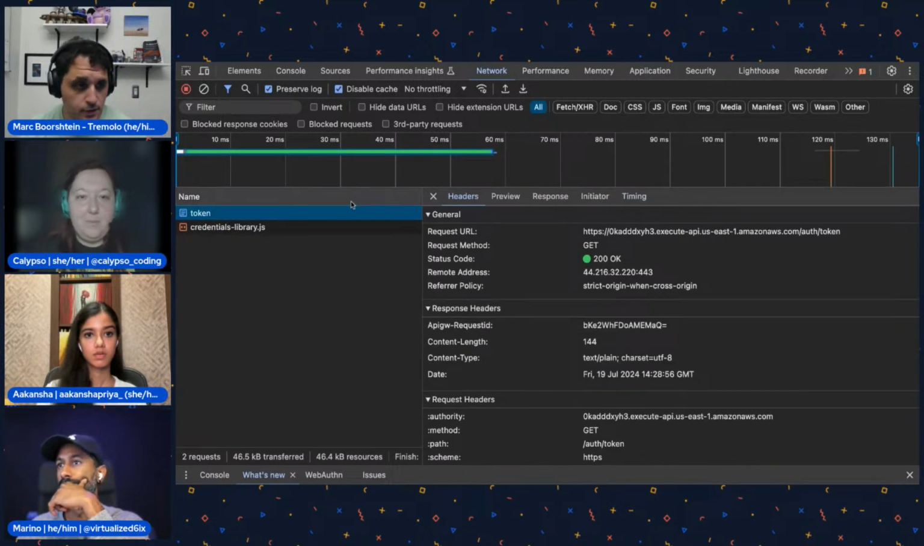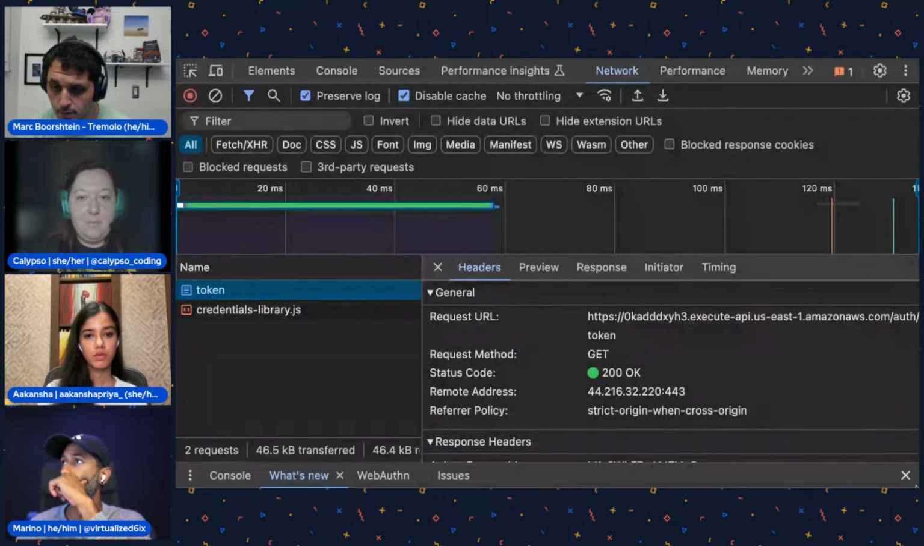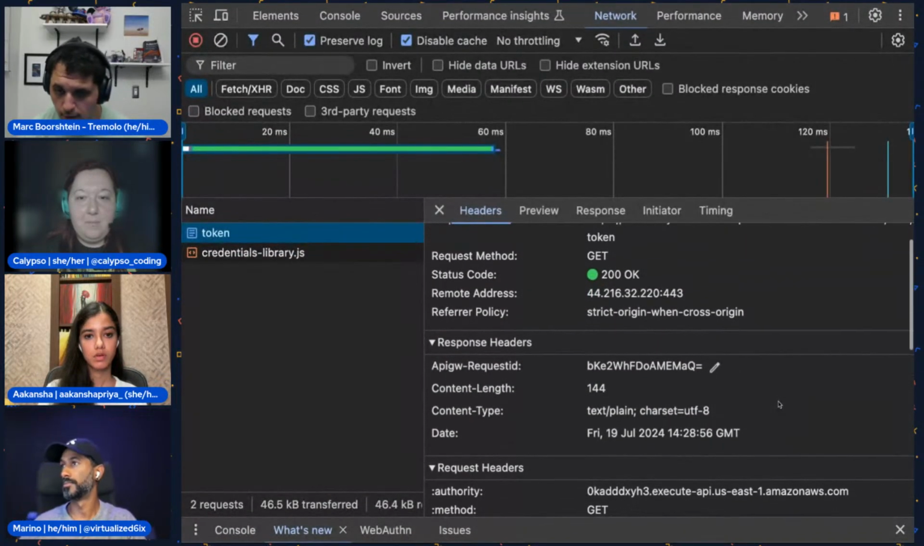And we're going to look at the token. I'm going to make this bigger. And response. Here, can we make this like this? That's a little better. Okay. So